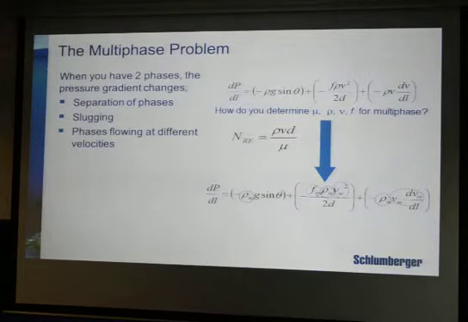Now this was what I was talking about, the multi-phase flow problem. When you are having different fluids or slugging problem, or different phases are there, all these terms become difficult to explain, difficult to quantify. So what you will find is that rho m, you can write it as a mixture of the amount of liquid you are having and the amount of gas you are having. It could be a volume ratio, it could be an area ratio, it could be a velocity ratio, anything could happen. And in fact, to tell you the truth, different scientists have different relations, different correlations for the pressure loss in the tubing, and everyone is valid and true in their own region where they have discovered that. So you find different relations everywhere.